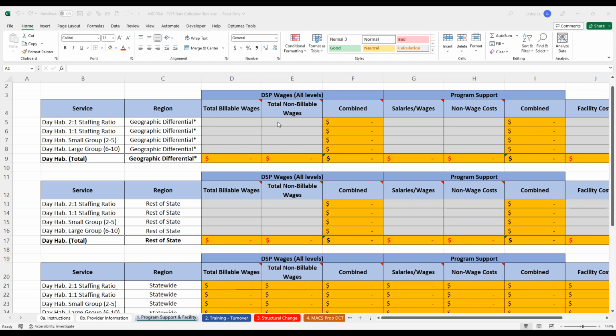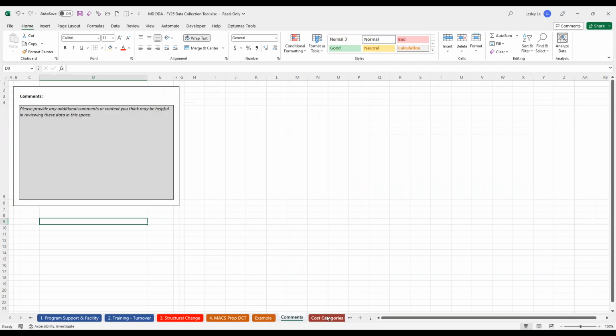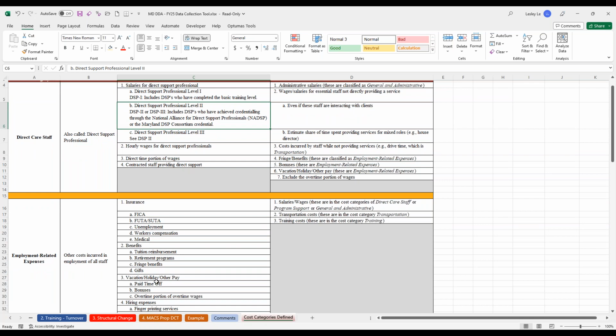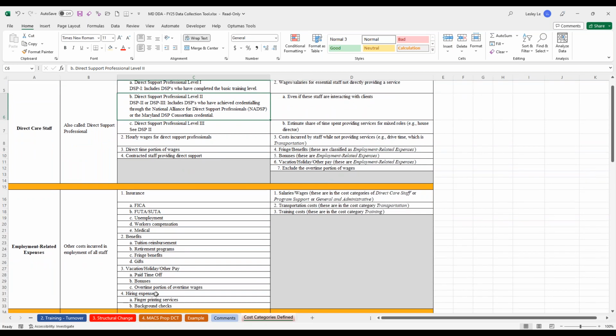The vacation and benefits would go under ERE, or employee-related expenses. So that wouldn't be included here. If you need more detail around what to include or exclude in the direct care staff DSP wages, they're under the cost categories defined tab. There are specific items that are defined in order to include that. And so vacation and employment benefits are all under ERE here.